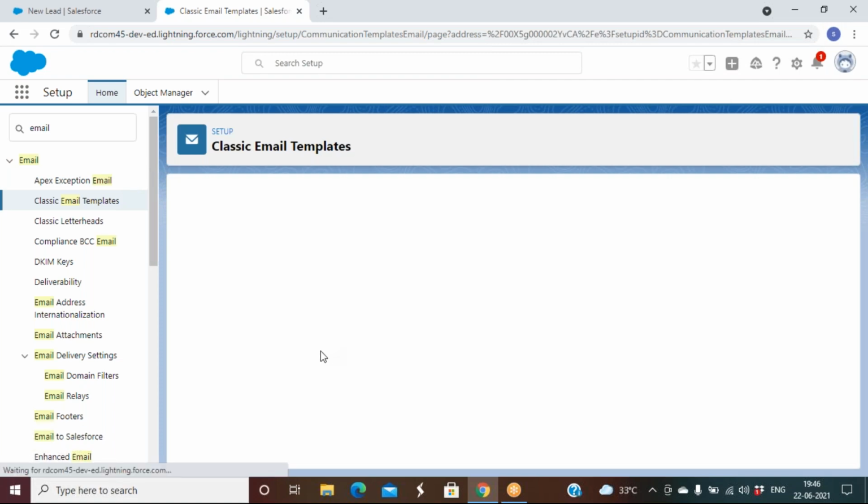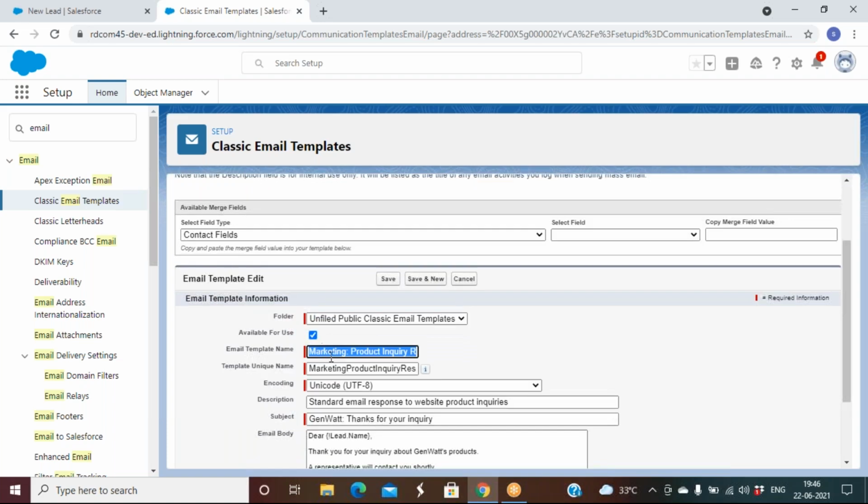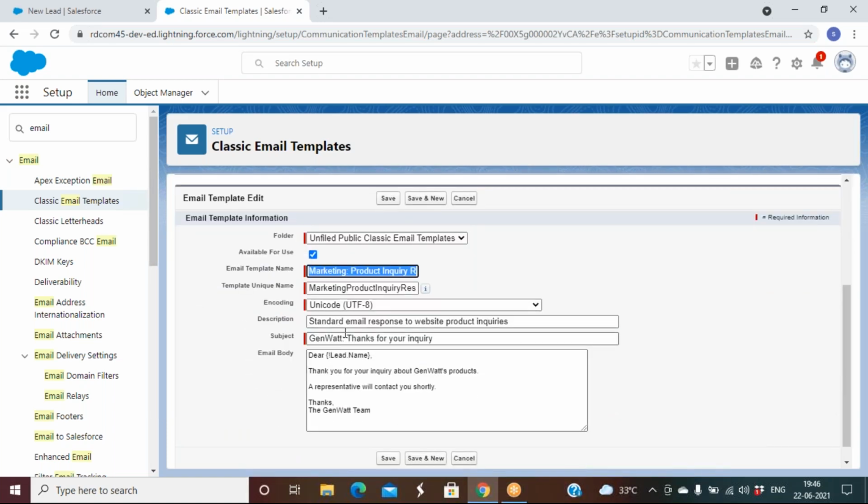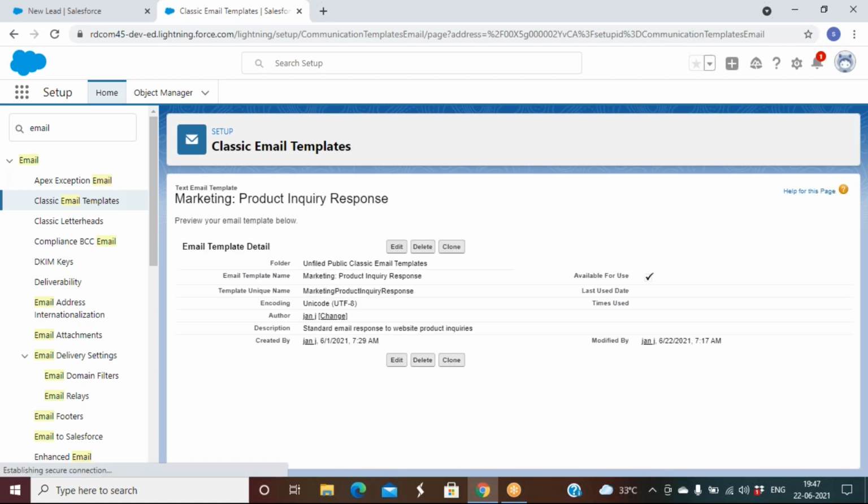I want to change to RD. Same, wherever Genvault is there, I change to RD.